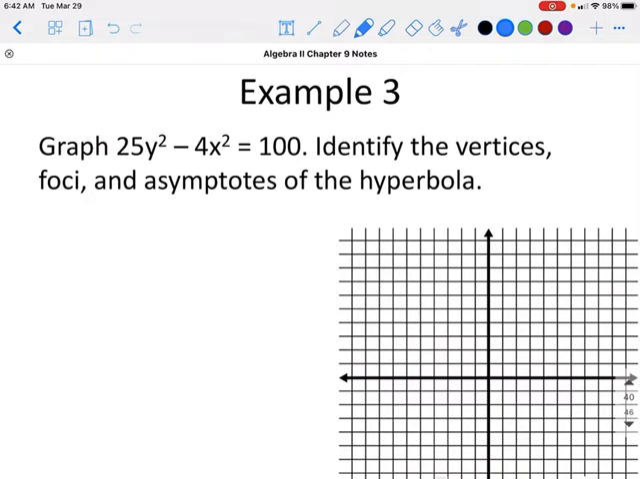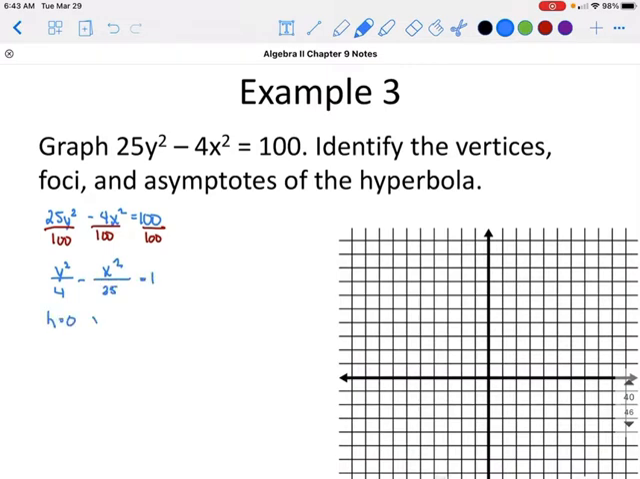Now, this equation is not in the correct form. We first have to get it in the correct form before we can start. Because there are only y squareds and x squareds, we don't have to do any completing the square for this one, but you do have to have it equal to 0. So the first thing we're going to do is divide everything by 100. So if we reduce that, this is going to give us y squared over 4 minus x squared over 25